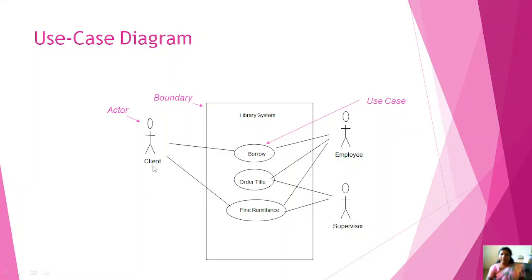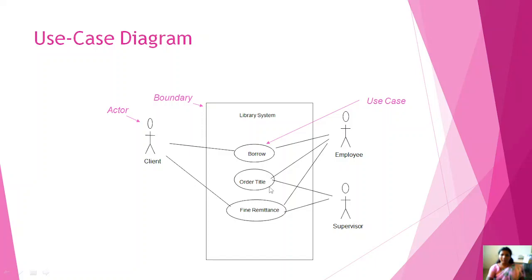This primary actor may be a student or a faculty member. This particular primary actor visits a library for borrowing a book. So a librarian, who is the secondary actor, may give the book to the student or a particular staff member. And he is responsible for ordering the titles, ordering the books,